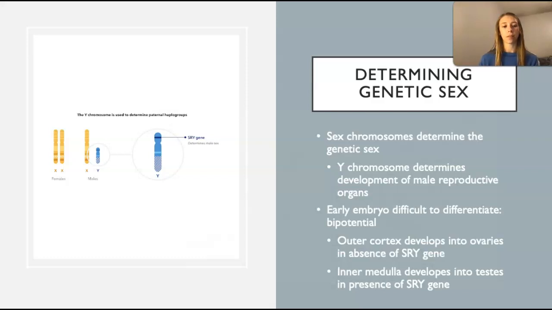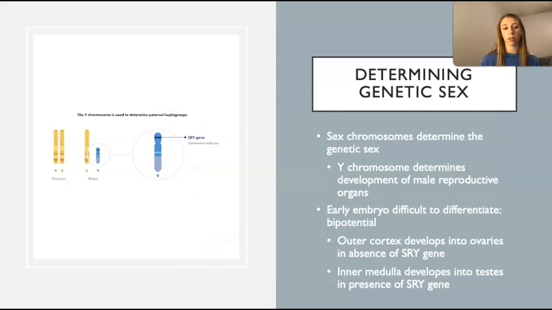Determining genetic sex. The sex chromosomes inherited determine the genetic sex of an individual. The genetic sex of a female is XX, with one chromosome inherited from each parent. The genetic sex of a male is XY, with one chromosome, which would be the X chromosome, inherited from one parent, which would be the mother, and one Y chromosome inherited from the other parent, which would be the father. The Y chromosome is responsible for the development of the male reproductive organs. The presence of the Y chromosome means that the embryo will become male, even if there are multiple X chromosomes